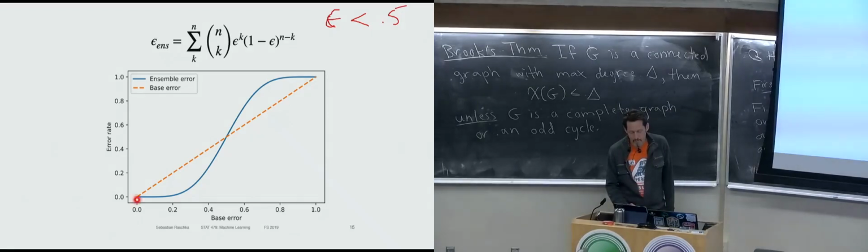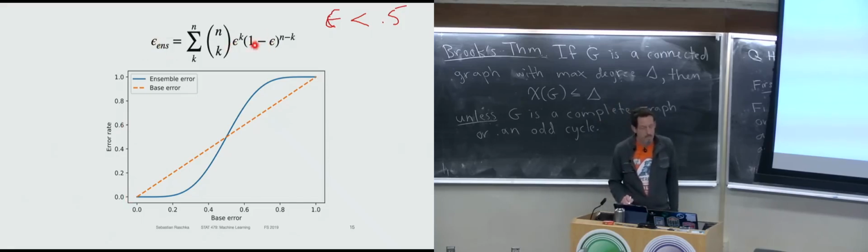So if I plot the base error rate here, obviously that's the diagonal because this is 0 base error, this is 0.2 base error, this is 0.6 base error. And I plot the error rate of the entire ensemble, this summation over the binomial PDF. Then I'm going to get this line. Okay? So as long as I start off less than 0.5, anywhere to the left of this point right here, the blue line is underneath the orange line. The ensemble is better than the base classifier by itself,